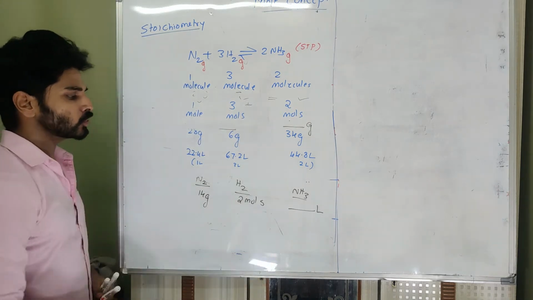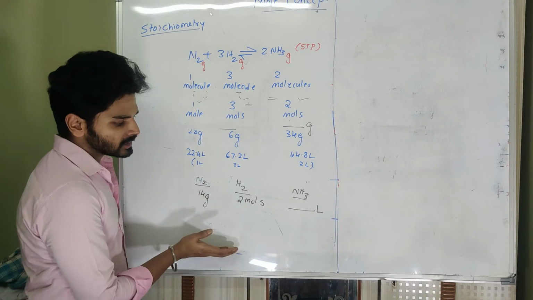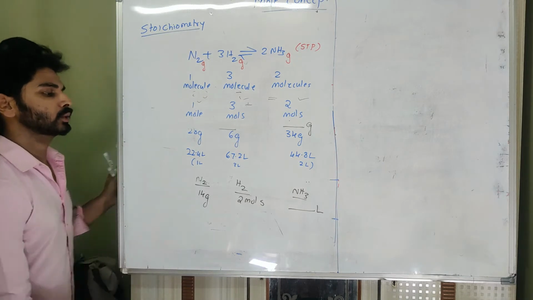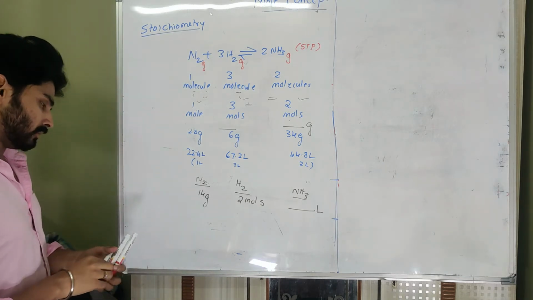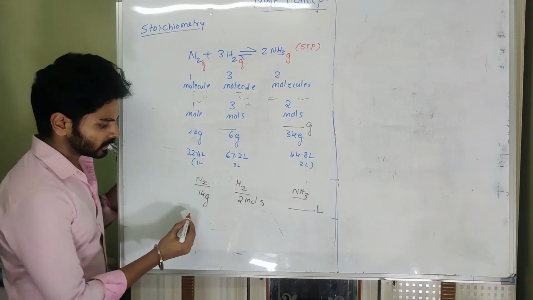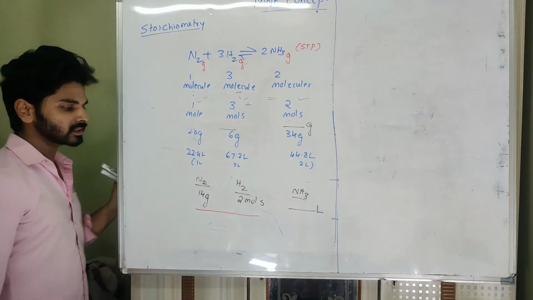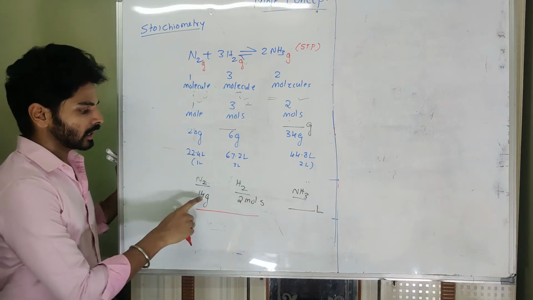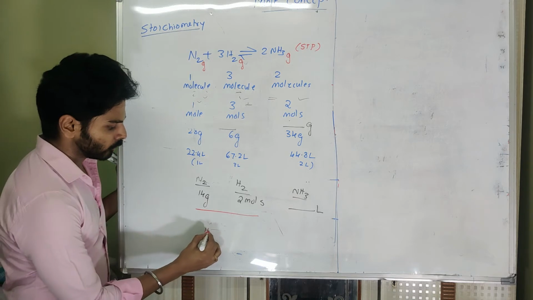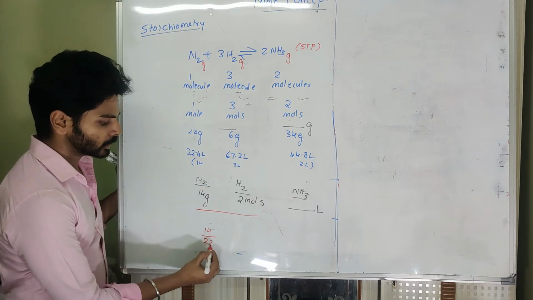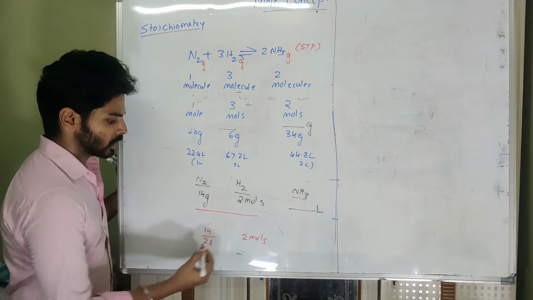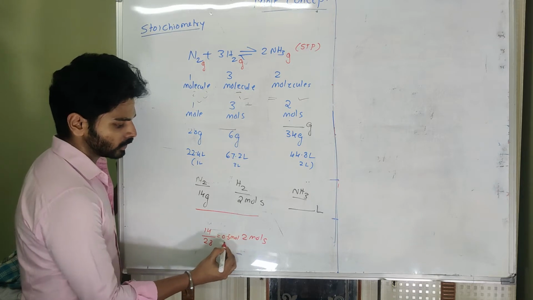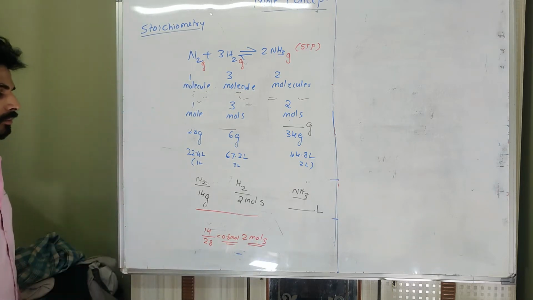In this case, what we have to do is convert the reactants into the same unit and get the product in that unit. Thereafter we can convert into liters. In most cases, whatever the given data is, convert that into moles. That is easy, because to convert mass into mole we have a formula. So 14 divided by the molar mass of nitrogen, 28. Hydrogen is already in terms of moles. So 14 divided by 28, that is 1 by 2, so 0.5 moles.